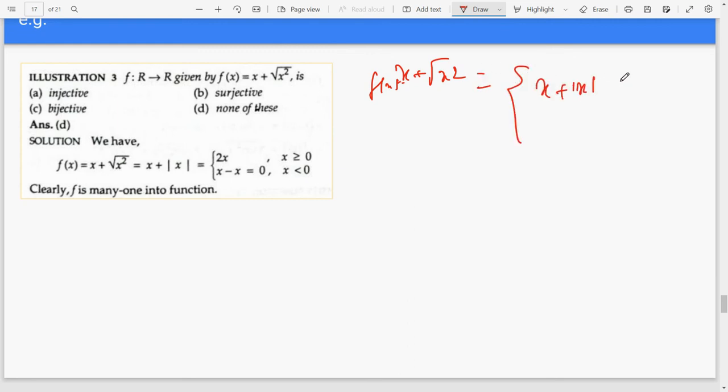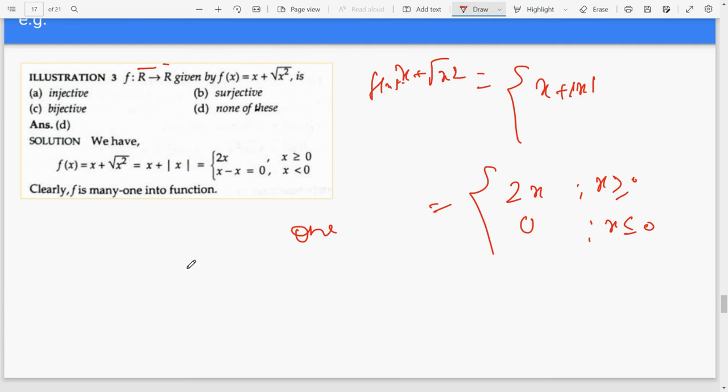Obviously, root x square is equal to mod x, which will be equal to 2x for x greater than 0. If x is greater than 0, then the mod opens with a positive value, and if x is less than 0, this particular thing is going to be 0. I think you understand this part, how to break the mod part. So f(x) = x + root x square is defined from R to R, real to real. To find whether a function is a bijection or not, we have to check